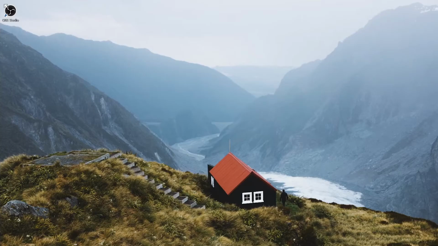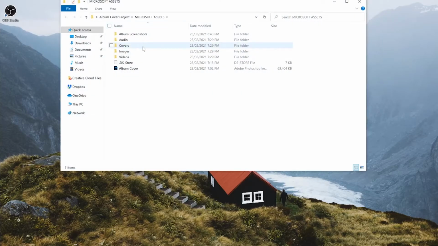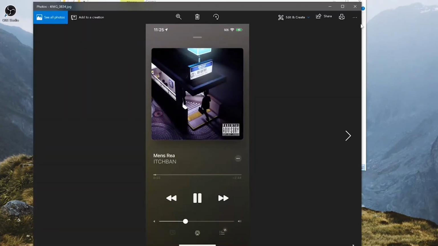The first thing you're going to do is find a bunch of photos and videos you want to turn into fake album covers. I've selected a whole bunch of photos that I like, plus there are some videos that I'm going to screenshot and turn into album covers. What you want to do is take a screenshot of your favorite song on your phone in the music player. So these are the ones that I've already taken. What you're going to do is open the screenshot in Photoshop.